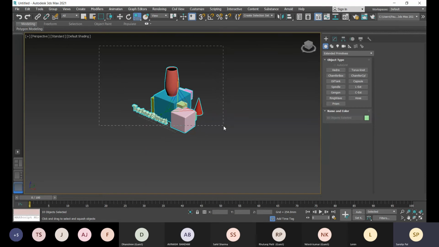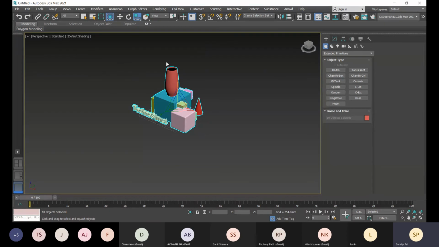Right now this selection is set as crossing. So even though some objects are still out of this window, they are only being crossed by it. It's like the green window selection in AutoCAD. So these objects are being selected.